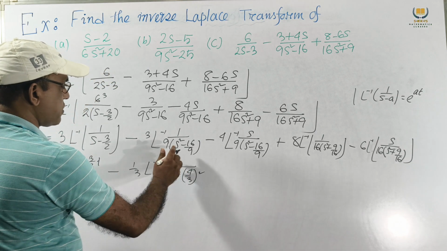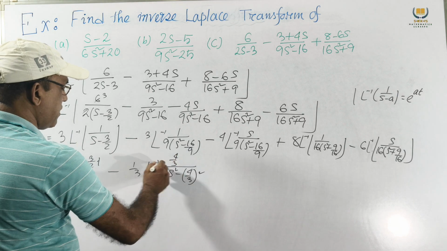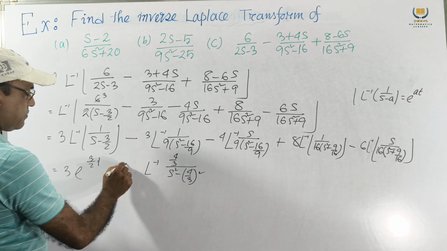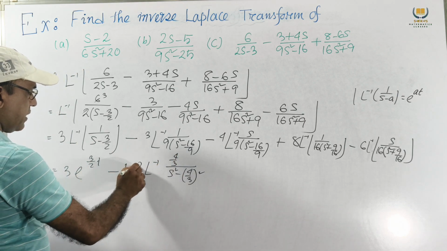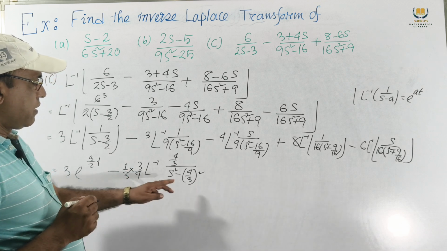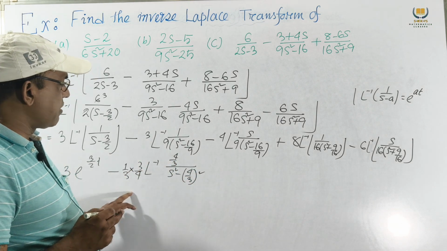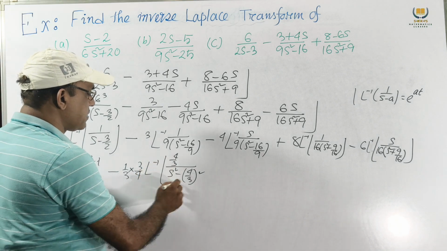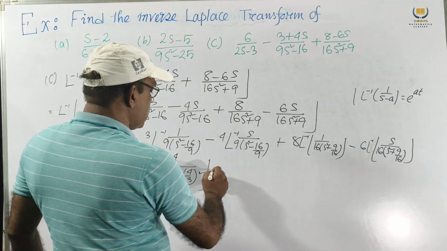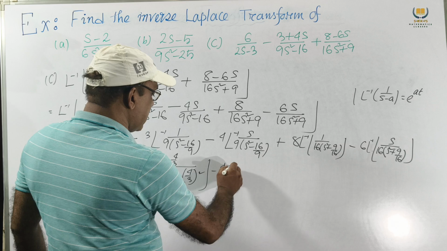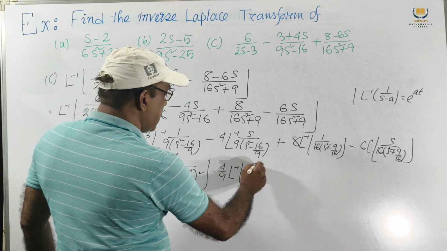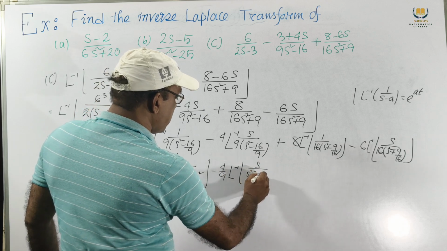This we also write 4 by 3, but outside is 3 by 4, because here 4 by 3 is given, we write 4 by 3 and outside 3 by 4. We get this one. And this is 4 by 9 outside, L inverse s by s square minus 4 by